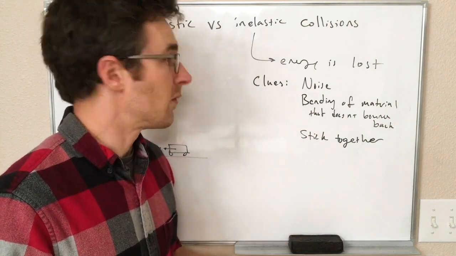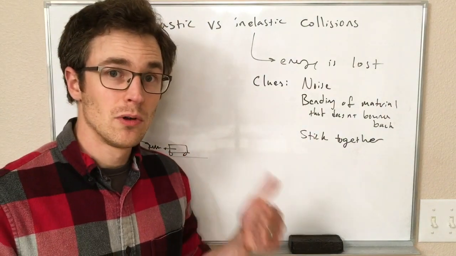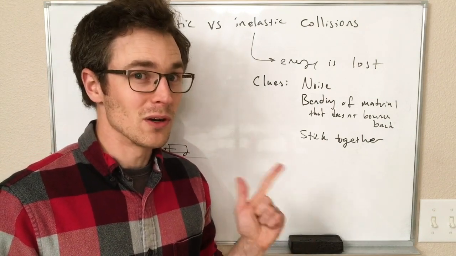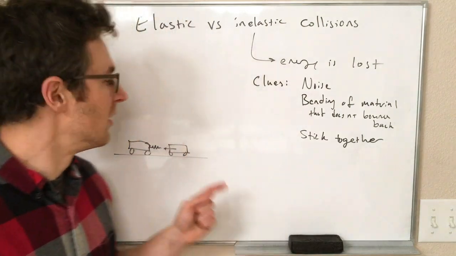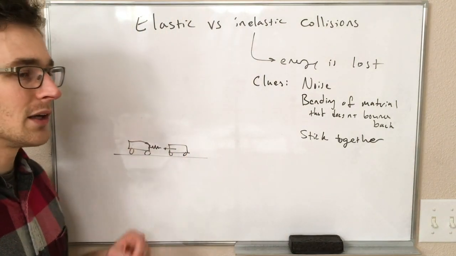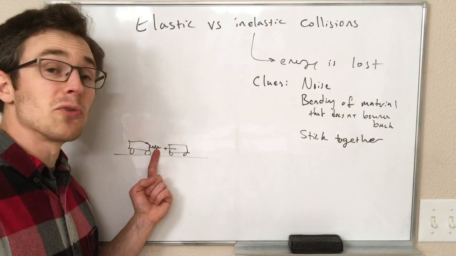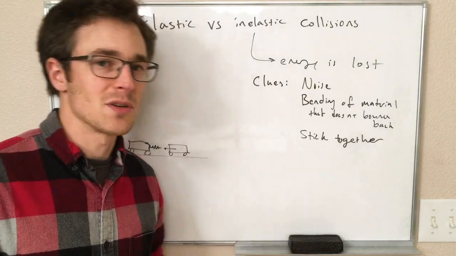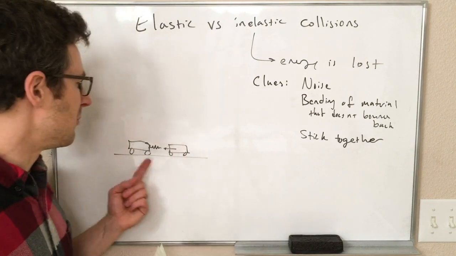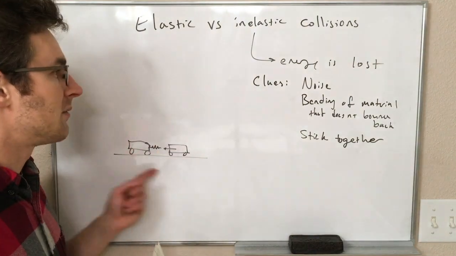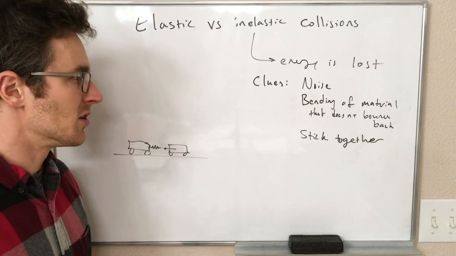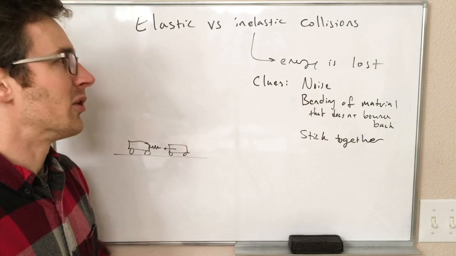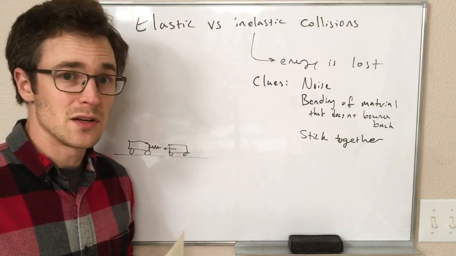We will only know that they are elastic if we are told this is an elastic collision, or we are specifically told that the force between the two things colliding is happening because of a spring or because of two perfectly repelling magnets or something like that. I think if I was going to give you a problem, it would be a spring. So that would be your clue about an elastic collision. Otherwise, you cannot assume it's elastic, and you should operate assuming it is inelastic and energy is going to be